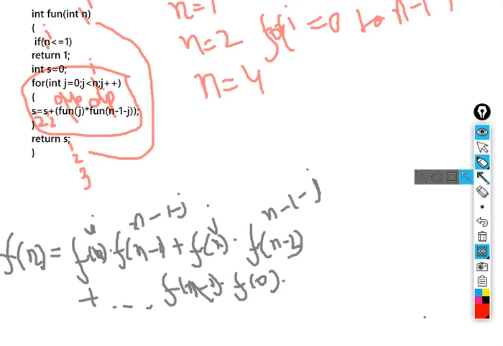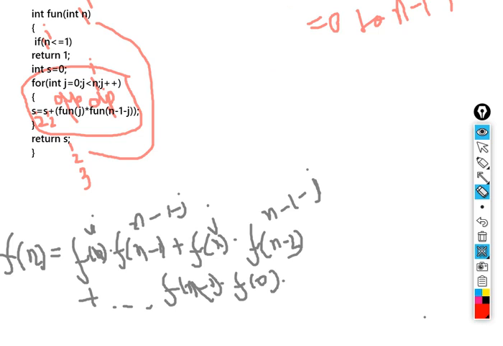so now the code will look something like this. What we did is, we found out which variable is iterative. Like we have n, this n is iterative because this is running from i equal to 0 to n, so we replace this with a for loop. And we recall that this fun is being called several times, so we replace this with dp of j into dp of i minus 1 minus j. Why i minus 1 minus j? Because we replaced n with i, so that the fun will be replaced with dp over here.